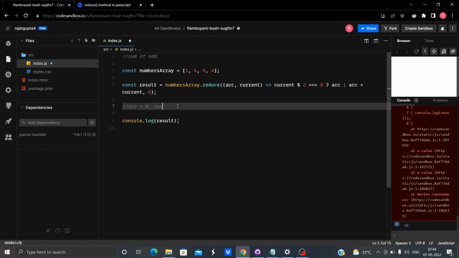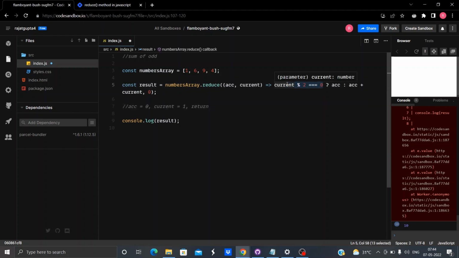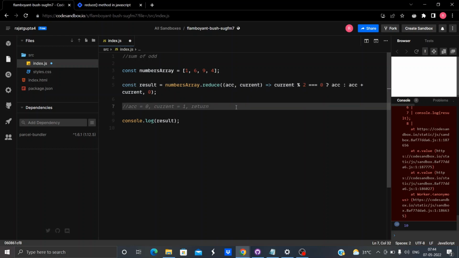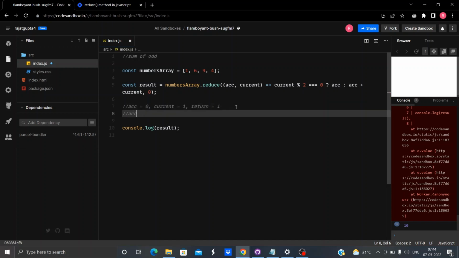And the value of current is equal to 1. What will be returned here? Since the value of current is 1, is 1 mod 2 equals 0? No, it's not. So we won't return this, we'll return accumulator plus current, that is 0 plus 1, that is we'll return 1. Now come to the next iteration.